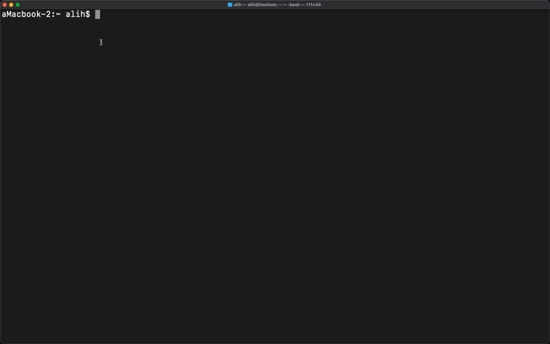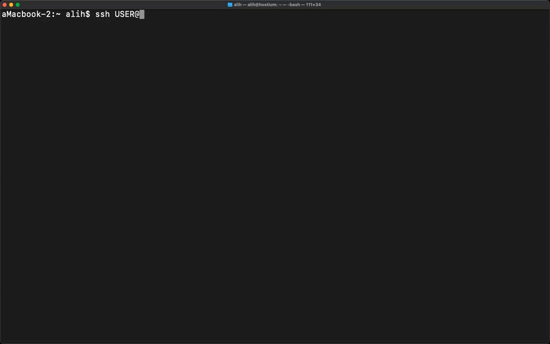So in previous videos, I was attached to a server named Hostium, but now I've logged out and I'm actually in my MacBook. What I'm going to do is try to SSH to a remote server. Now, the way you would do that is typing the command SSH and then a username, your username on the target that you're trying to connect to, @, and then either an address or IP address